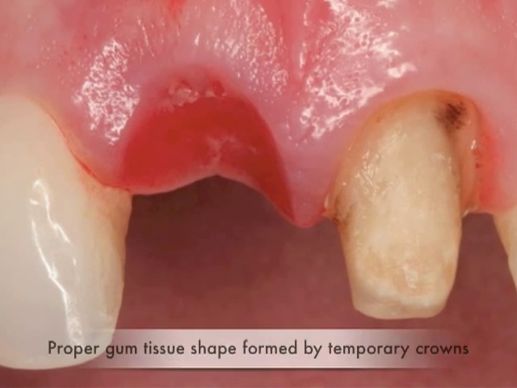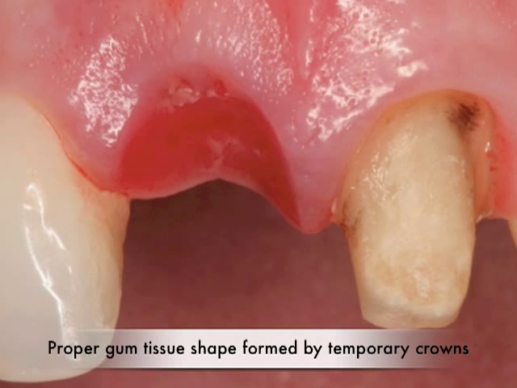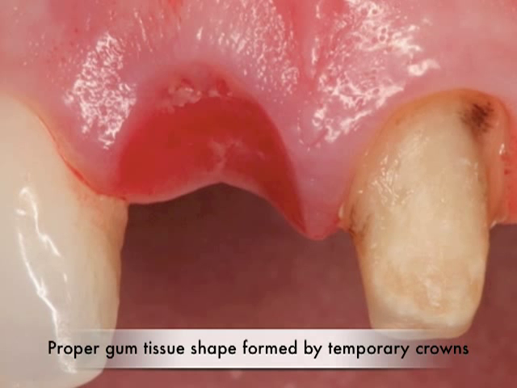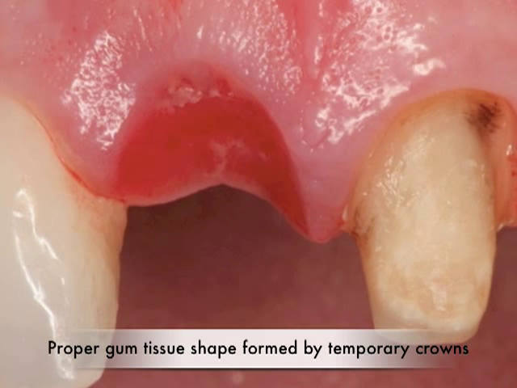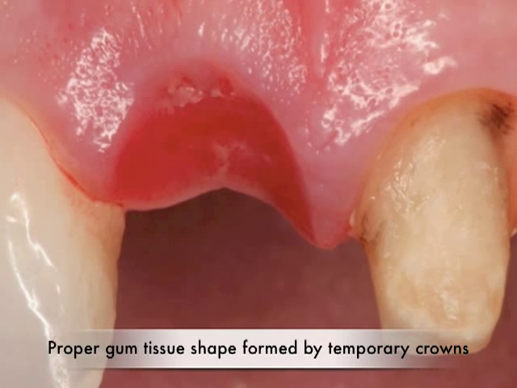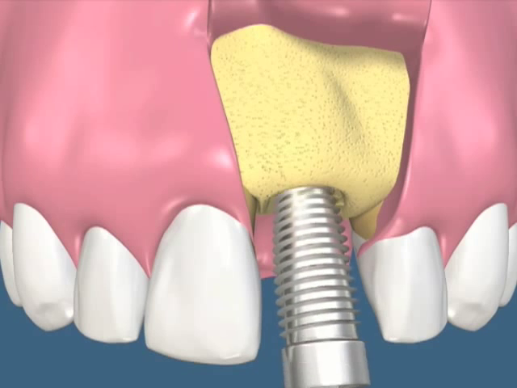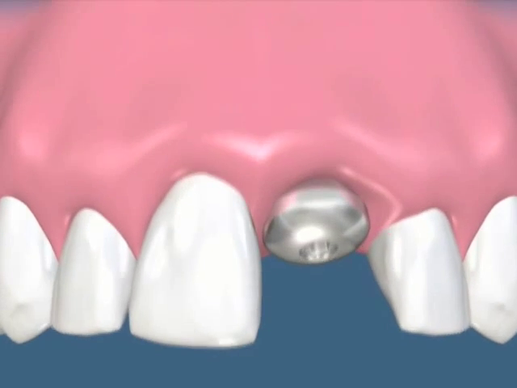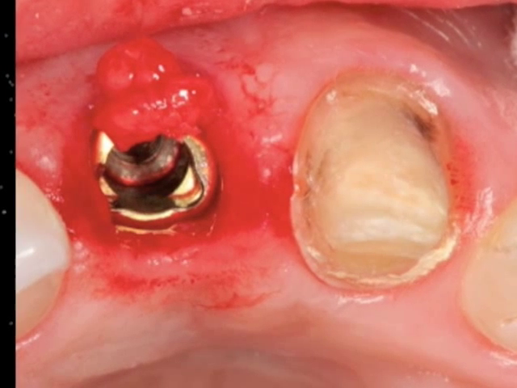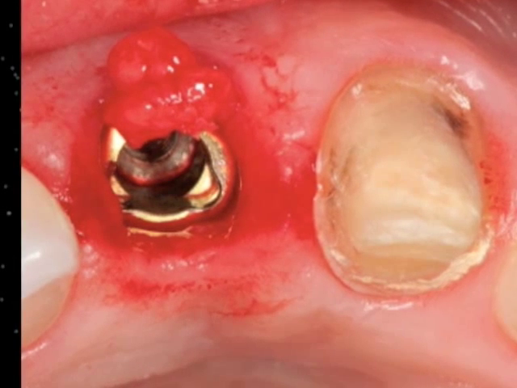So after several months of healing, we come back and remove the provisional or temporary restoration that's been holding on one tooth and hanging off that one tooth into the missing tooth site. And we very conservatively analyze this area for the placement of the implant, and we measure the site, and we choose the right implant and place it into the area where the tooth was removed several months earlier, with, again, the same considerations of depth and width and position for optimal tissue health,